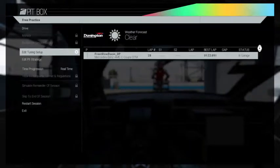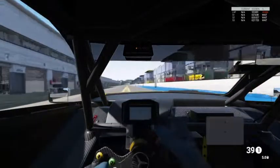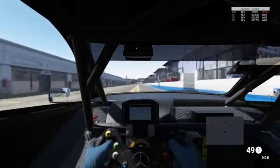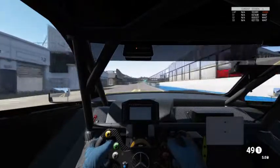So let's go for 8. Let's see how we get on there. Hopefully it should improve the speed all around the track. The question is, can the rear tyres hack it? Now,